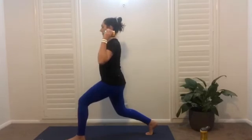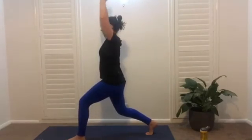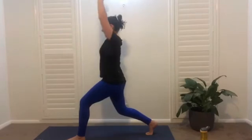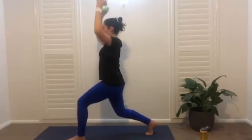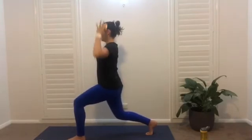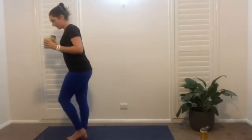Tins on your shoulders, I want you to just press them up and back down. Just a straight shoulder press. 3, 4, 5, 6, 7, drop a little lower, 8, 2 more, 9, 10, come up from there, change your legs,